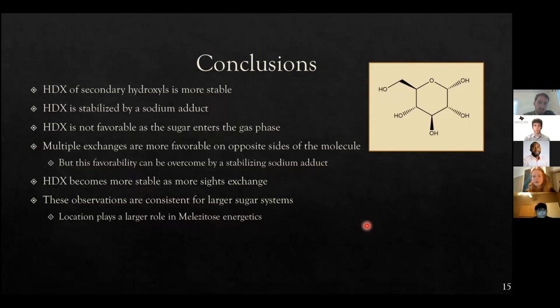Ultimately, the goal is to look at these parameters and say, we have a primary hydroxyl here. We're seeing that on this sugar, this particular hydroxyl is exchanging most rapidly. Therefore, because we saw energetically that this site is more favorable, we're predicting that because we see labeling here, it's this type of hydroxyl or this type of site. So we use that to better elucidate glycan structures later on.